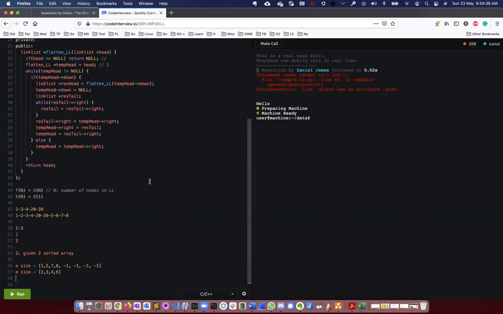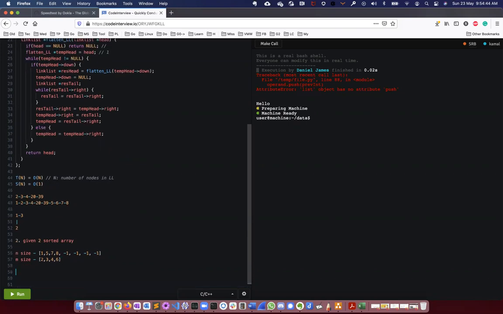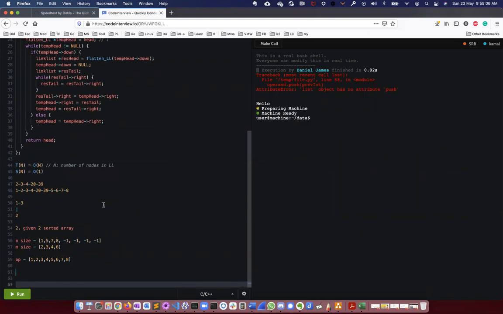Now you have to merge these two, so you have to merge m into n, and the final output will be eight. So you understood the question?